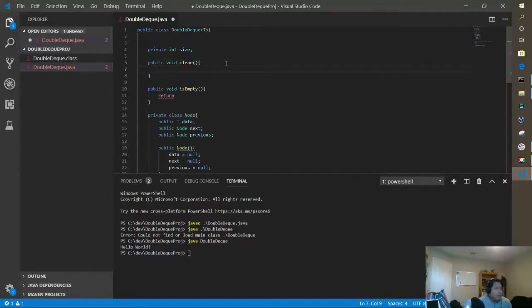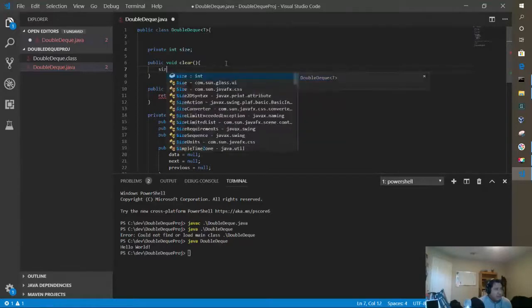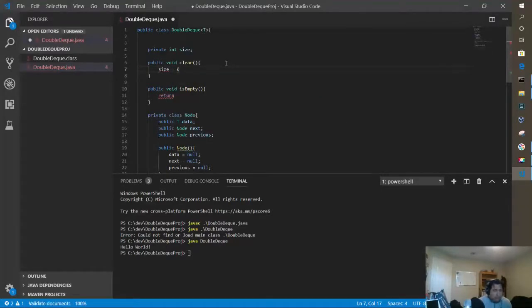Clear will simply clear the size, so then we can say size equals 0. And there's other things that we need to do, so we can add a to-do statement here. Say clear the references